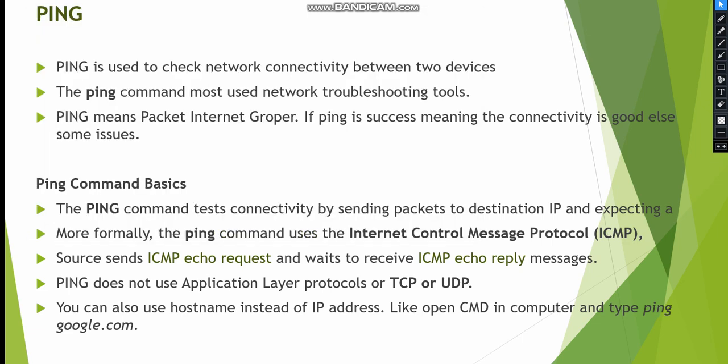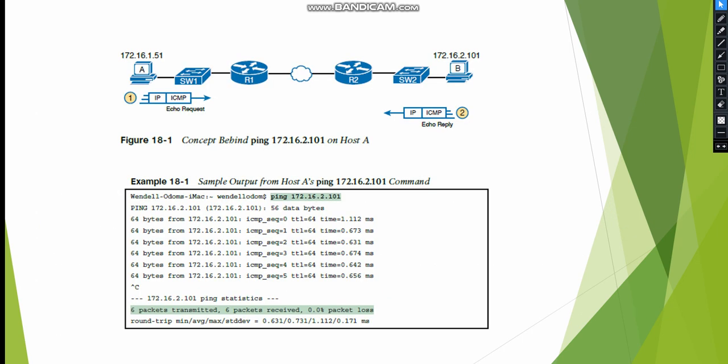Very easy. When you do the ping lab on your GNS3, you would have a PC A here and PC B here. From PC A, you type ping space the PC B's IP address. You'll get results something like this. Now you can compare this with the earlier lab which we did with the command prompt.